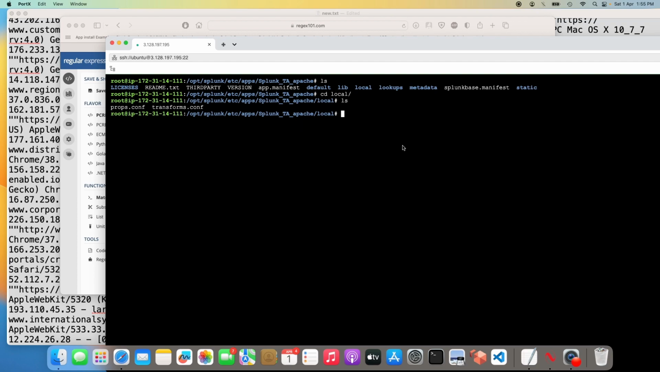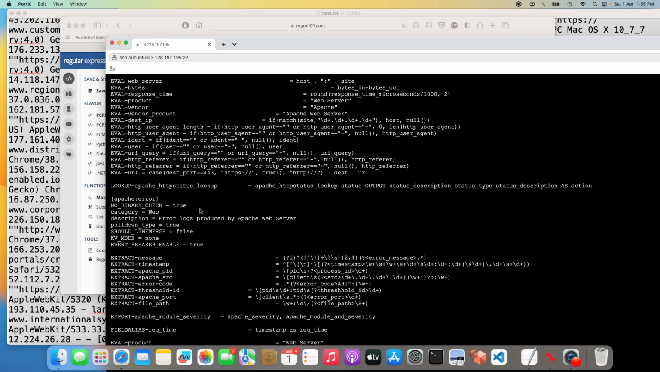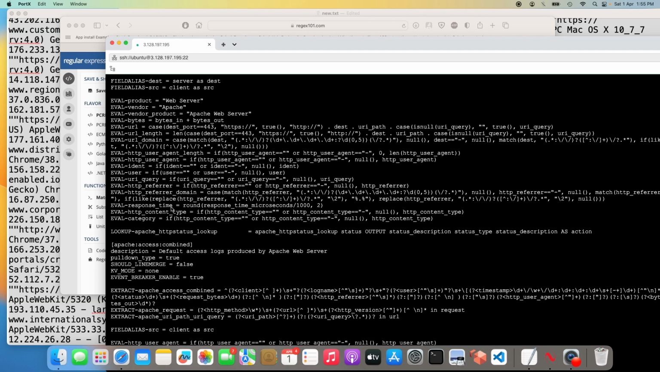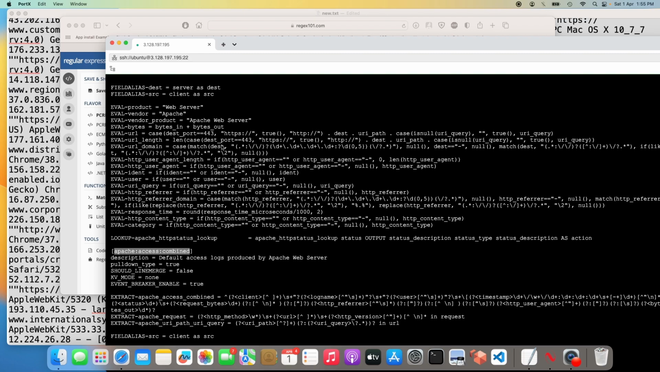So I'm going to onboard the data as a specific source type. Let me just quickly check default and props. The source type that I want to onboard the data as is Apache access combined, because the log that you saw on screen is actually an access combined log. So I'm going to onboard the data as Apache access combined, right? Now the next thing I'm going to do is,